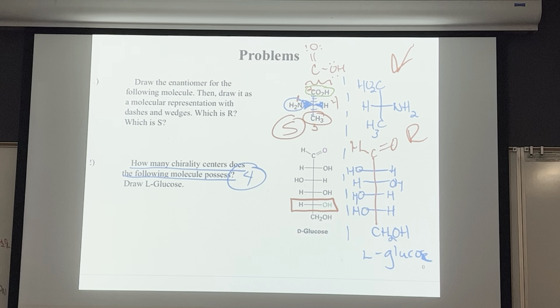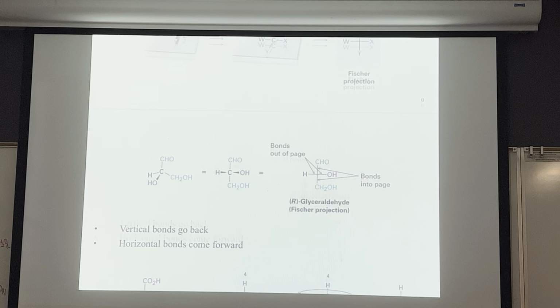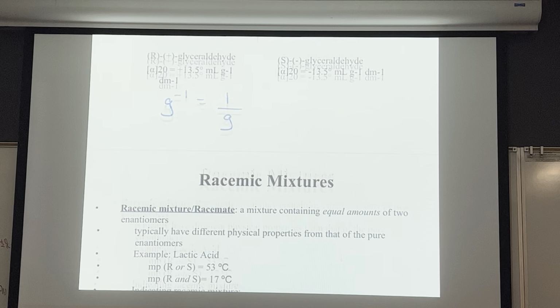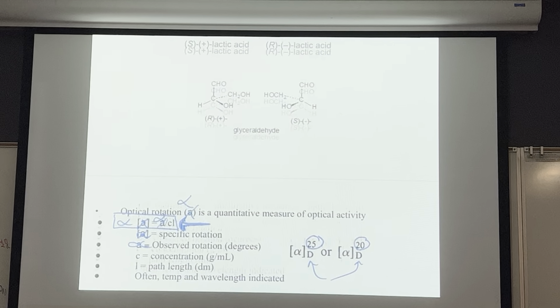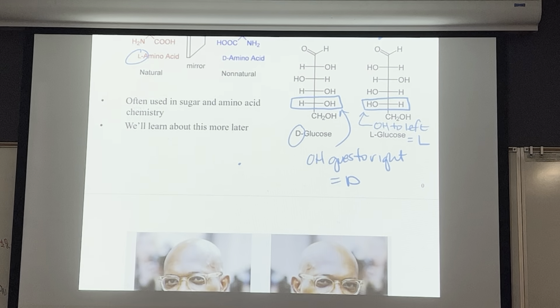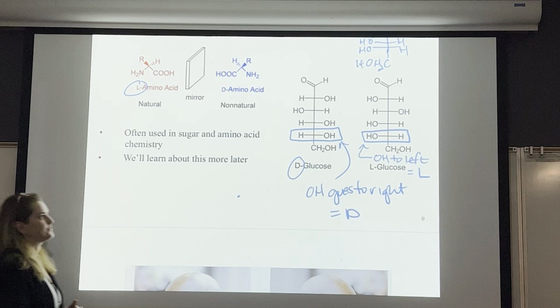Yes, question in the back. So on the example, does it matter? It will matter at the chiral carbon. Right, but then the top part. The top and the bottom, no, because those are achiral. So the question was, why did I do it mirror image on the top and not on the bottom, and then backing up to the first D and L glucose, it was the same orientation. I believe that was your question, Howard? Mm-hmm. Okay, so yeah, that's the reason.